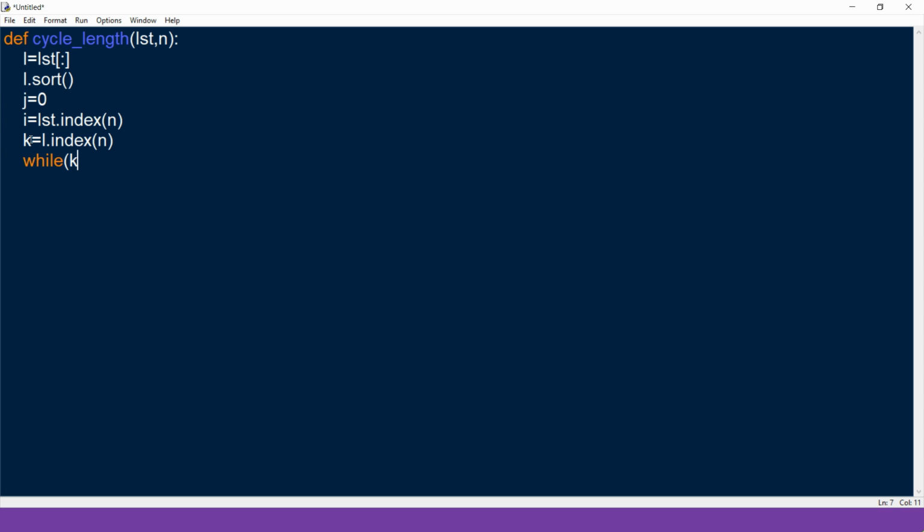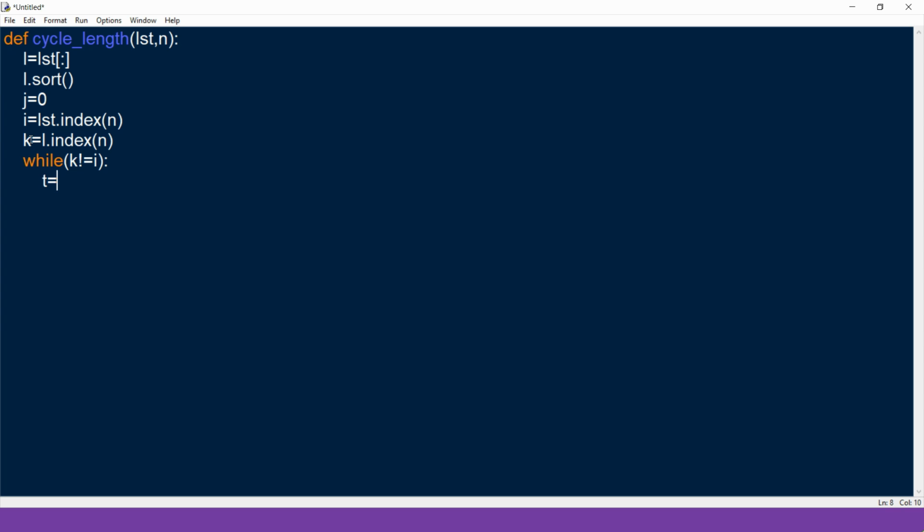When k is equal to I, the loop needs to exit. So we check until k is not equal to I, and we need to execute this block.